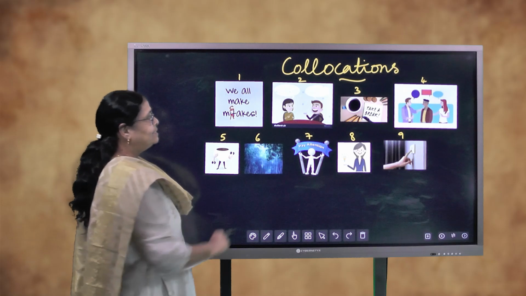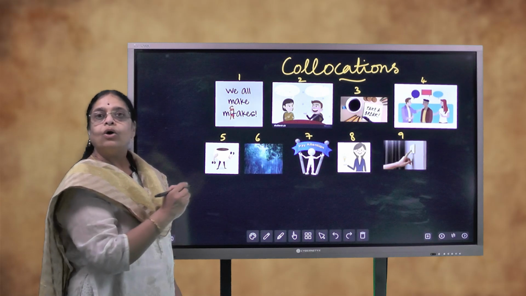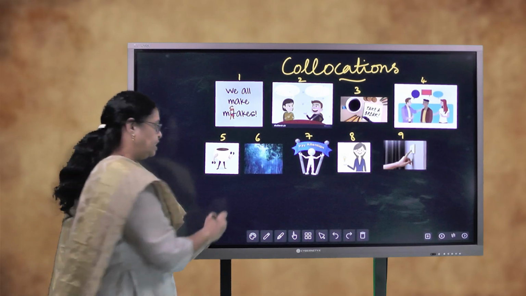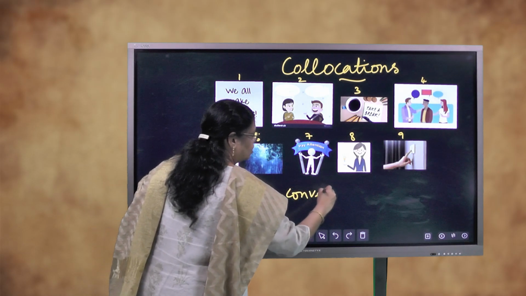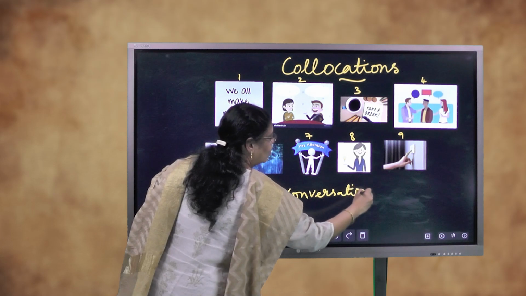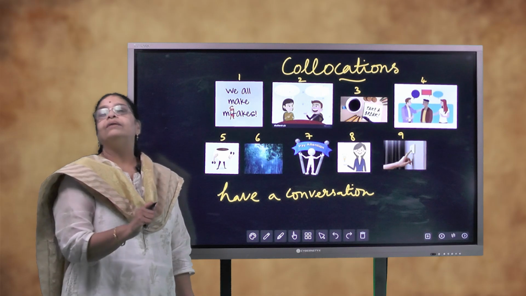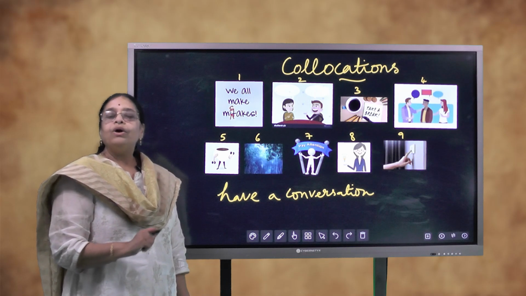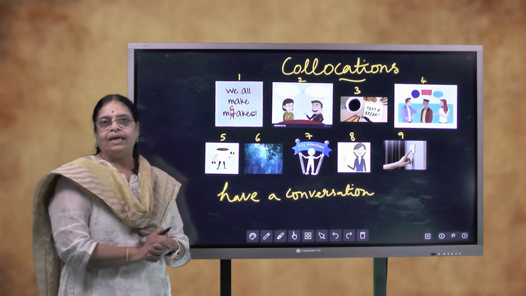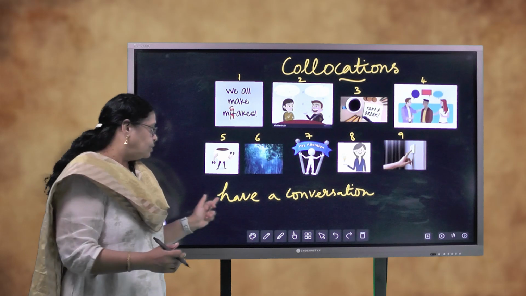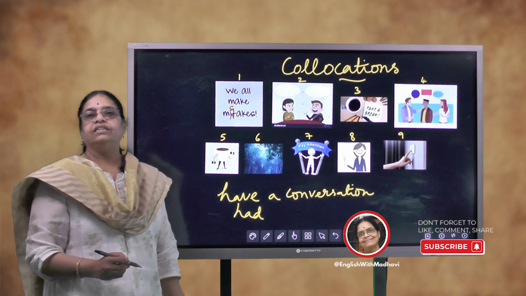The second one is, here you find two people speaking to each other. So it's a conversation. So what's the collocation with conversation? It's always have a conversation or had a conversation. Conversation is a dialogue between or among people. We always have conversations on the ban of plastics. We always have conversations when we have a cup of coffee in the evening. So having a conversation. So the collocation here is have a conversation or had a conversation if you're talking about